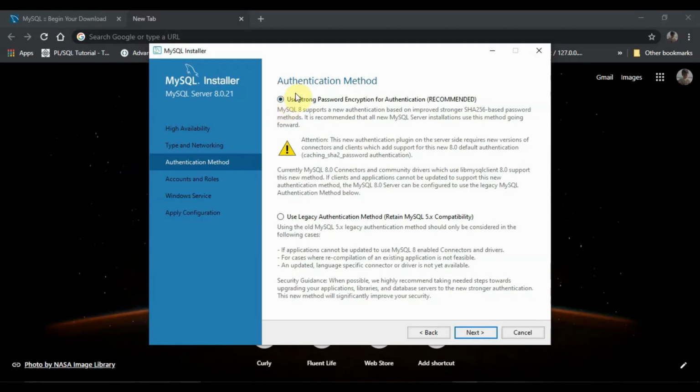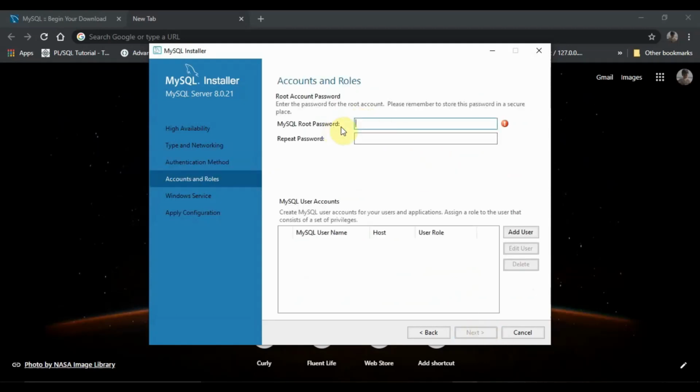This is the authentication method. Let it be as it is and go to next. Now in the accounts and roles, you have to set a password. You can enter any random password if you want, but I recommend that you set a password in such a way that it consists of a special character, a digit, a small letter, and a capital letter. All these things should be there in your password, so it would be strong.